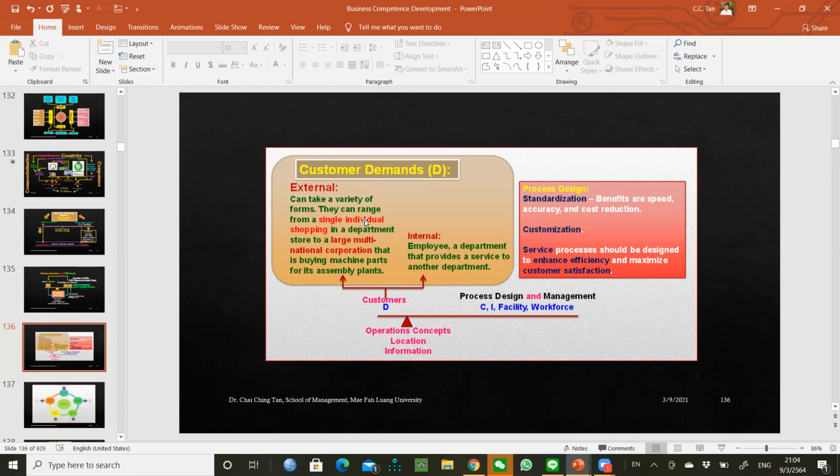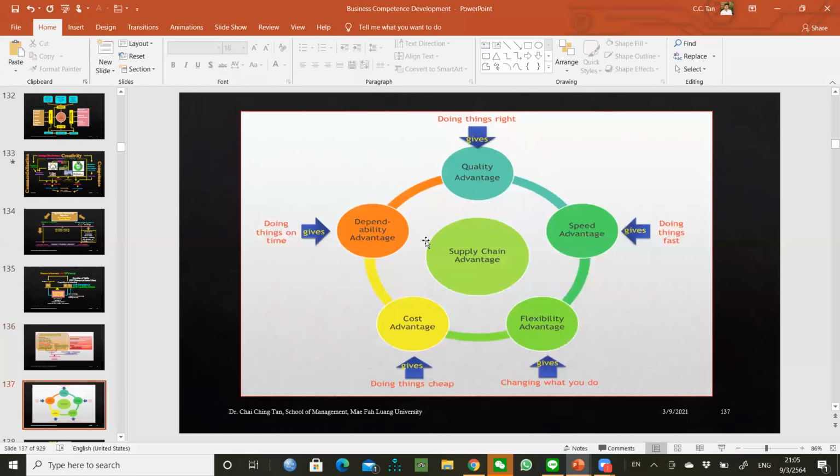And when you talk about delivering to the customer, do not forget also the internal customers. Okay, so I'm just trying to iterate again that customer demand has both internal and external, especially in operations management. If you forget about the internal customers' demand, that is a serious disaster. Okay, because the customers come from end-to-end operations, so make sure that you understand all this, and again pivot to certain concepts, right?